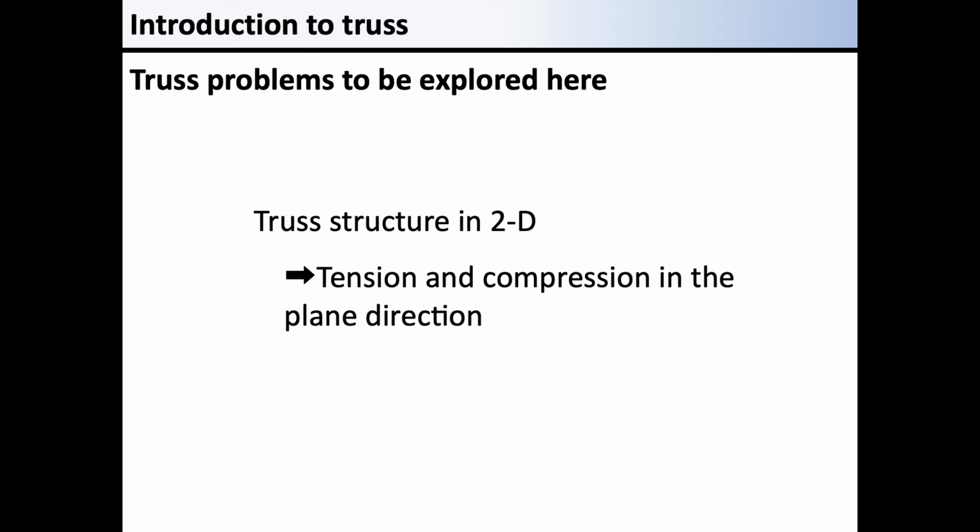Basically, one may understand a truss problem as an expansion of the problems related to tension and compression of bars into two dimensions. Problems of 3D trusses are not very common. In a typical truss problem, we analyze the behavior of a truss in a plane. Here, we assume that the deformations of the members, such as tension and compression, occur in the plane direction. A member that composes a truss is a two-dimensional structure.